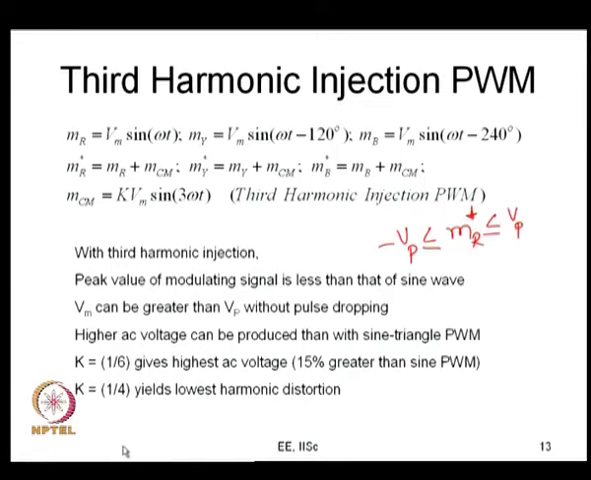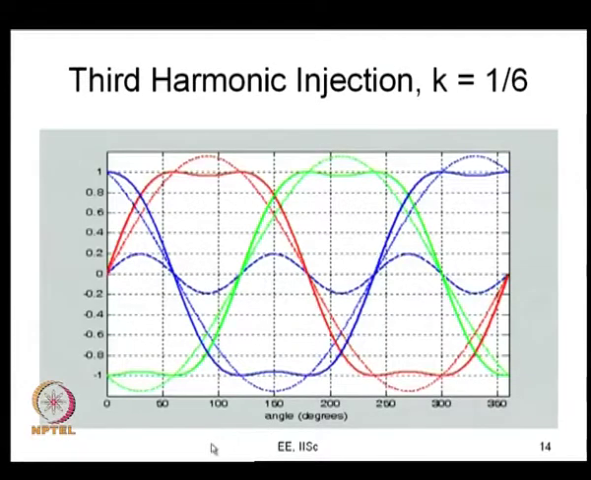With k equal to 1 by 4, you might be able to see that you are getting a lower value of distortion now. So, this is what I have just tried to show on k equal to 1 by 6. I showed it previously probably, and so now this shows that this is the highest value. So, here in this case the sine wave is now greater than 1, and that is actually equal to 2 by root 3,